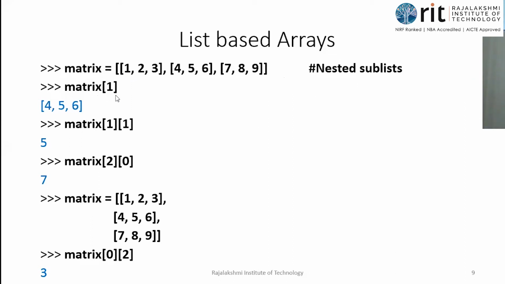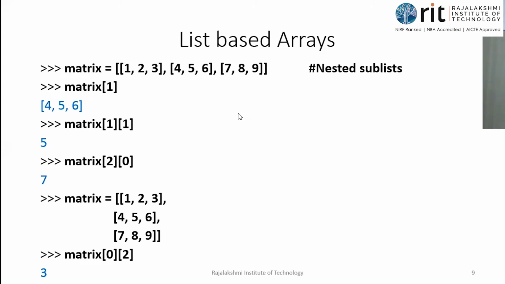So look at this matrix of 1. What is this matrix of 1? Don't get confused. Matrix is a user defined name. That's the list name, and square brackets indexing value. So index 1 one-liner code, that is the answer. What is that index 1? Index 0 is the first list. Index 1 is the second sublist, 4, 5, 6 as a whole, will be the answer.